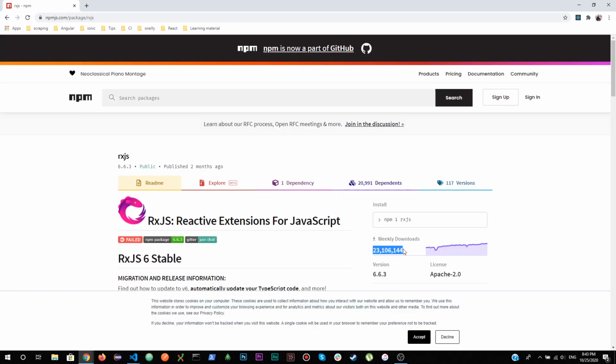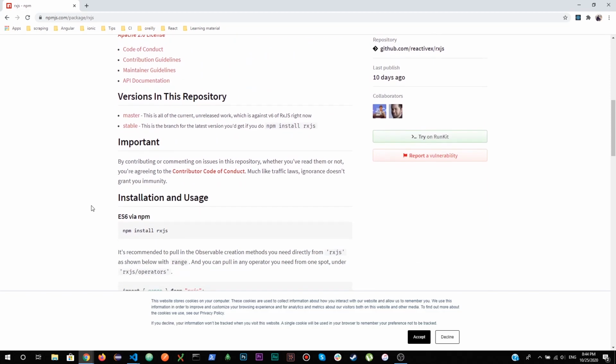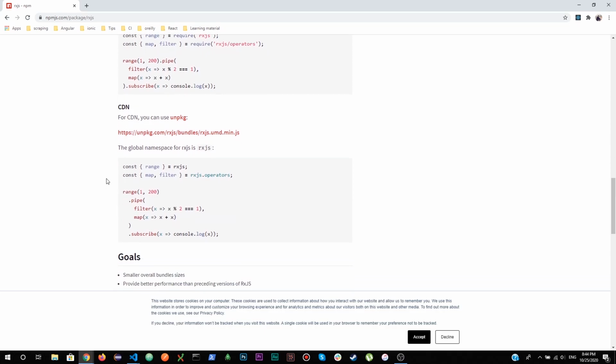You can see how much it is used. It is not just used with Angular, it can be used without Angular in React, Vue, or even in vanilla JavaScript. You can use RxJS using the script tag directly in HTML files, right? So this is the pipe, and this is the thing I have just explained to you guys. The range is, I think, like interval, but interval waits, while range might not wait, right?